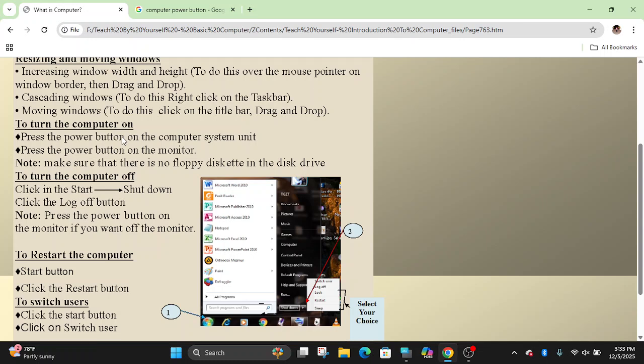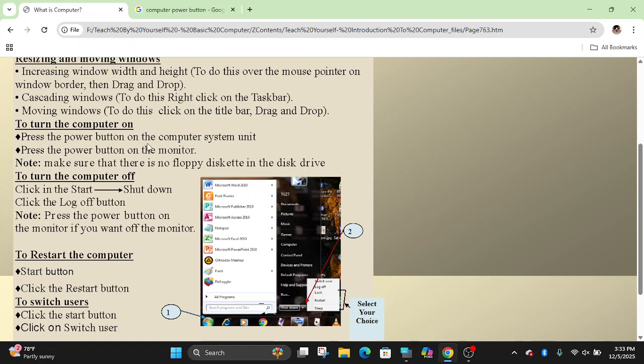We have to connect it well. The keyboard and mouse are plugged in with USB, or Universal Serial Bus, ports. In the latest technologies, today's computers use USB, so they are detachable as well.